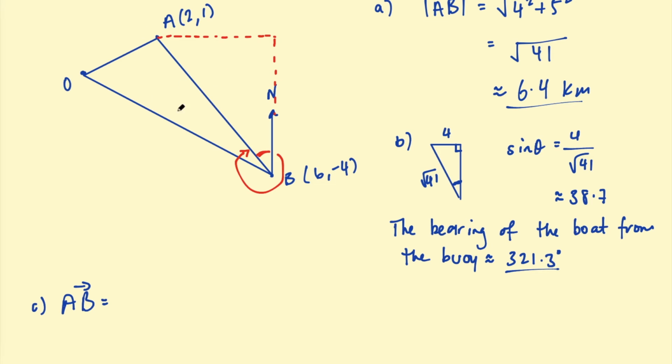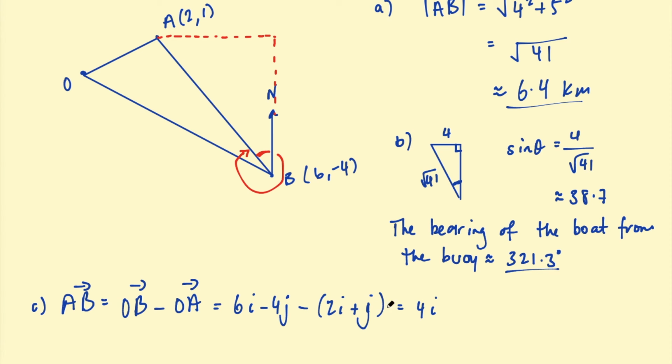So we could use position vectors for this, as we were doing in a previous video. AB, we said, would be OB take OA. Hopefully you remember that. If you don't, check out that video where we looked at position vectors. So OB was 6i minus 4j, and then we subtract 2i plus j. This is going to give us 4i, minus 4 take 1 is minus 5j,